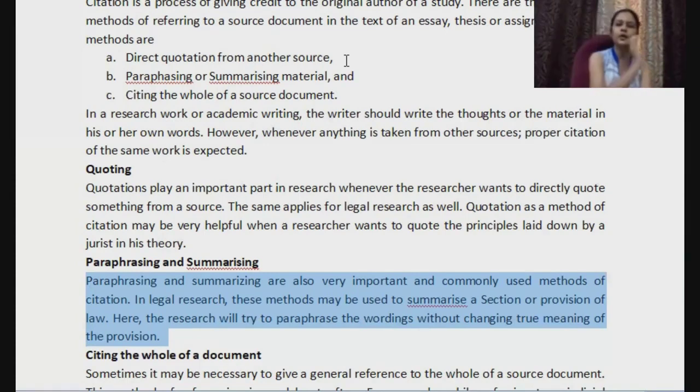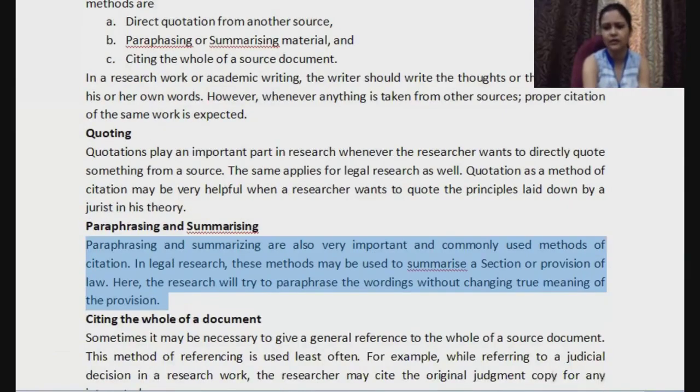Abdul Kalam had written something in his book. We are directly quoting it from there, right? So that is the first way, direct quotation from another source. We are simply copy pasting it within quotes. All right, that is the first way we can do it. That you would mostly see also if you are reading some articles and all, right, you will see that.